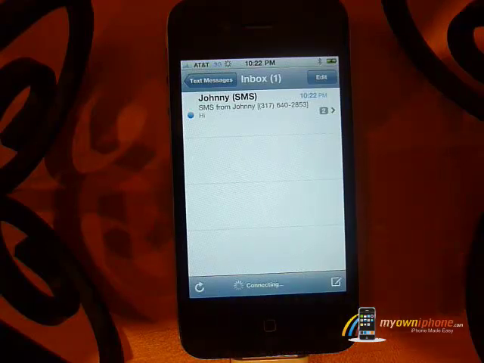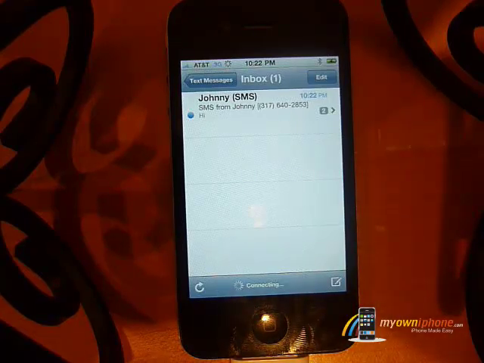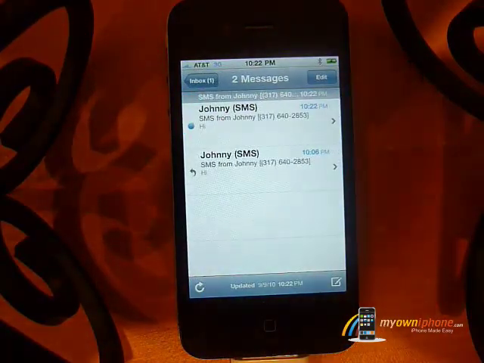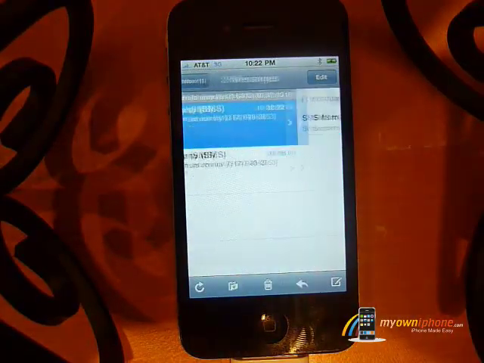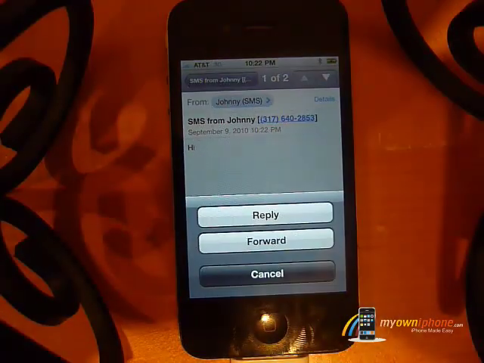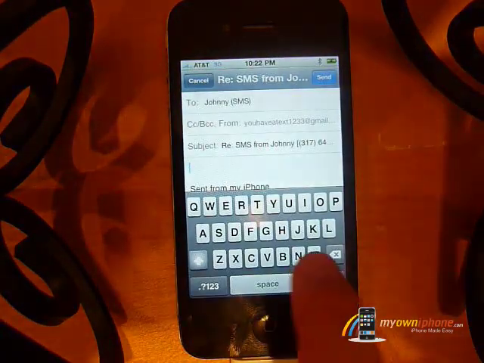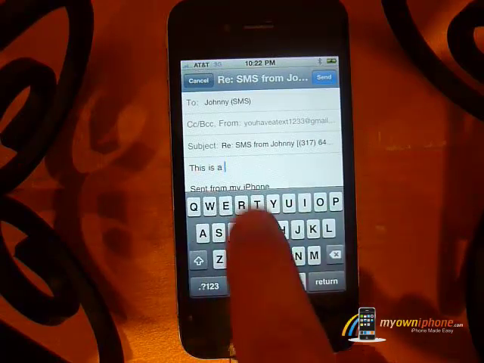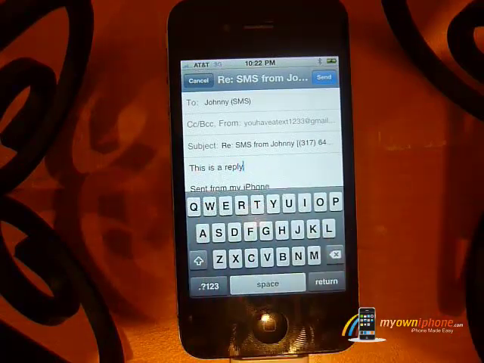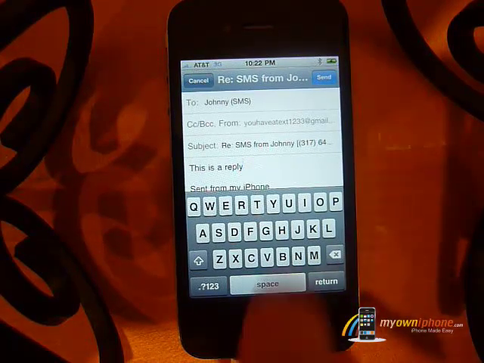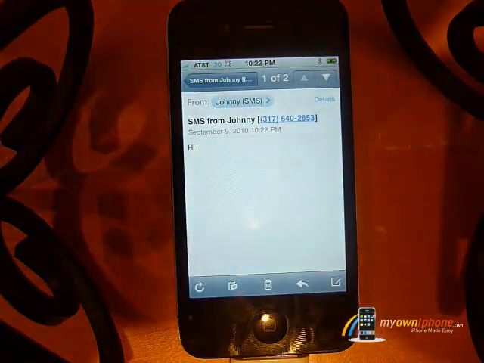I pull it up, and it actually shows my contact's name, Johnny. That's how I have him in Google Voice, so Google Mail knows it's Johnny. Check this out. Just like a normal text, I pull up the text message. It says hi. Okay. I click reply, and I'm going to type in this is a reply. I'm using it just like I would my phone normally, nothing special here, no inconvenience. Use it pretty normally. Click send,